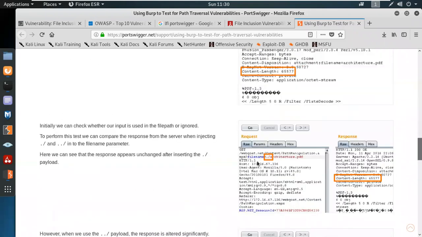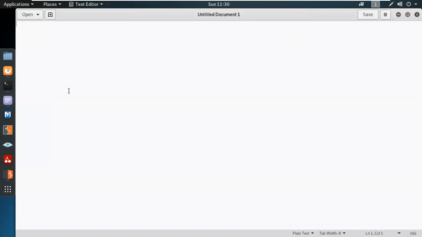Through the file upload, initially we can check whether our input is used as a file path or ignored. To perform this test, we can compare the response from the server by injecting ../. The ../ is basically used to jump up a directory. Compare this one. If I want to get to the server side, for example, if I want to get to the etc directory,